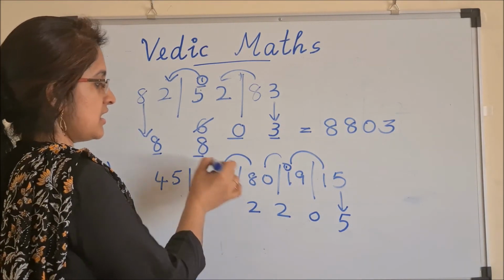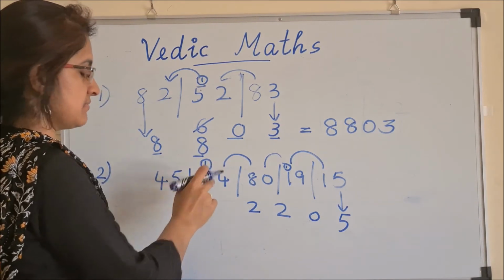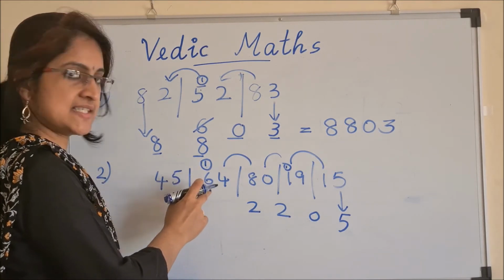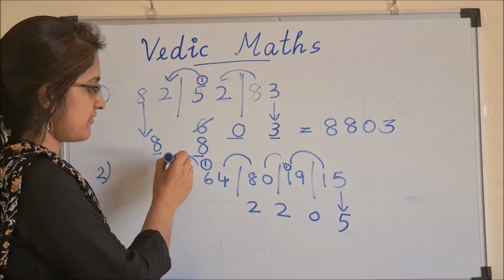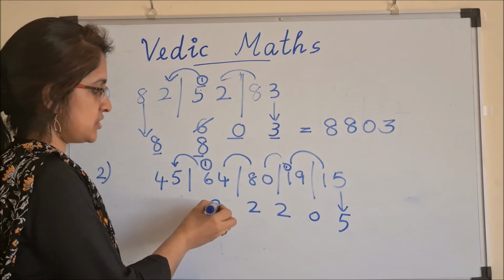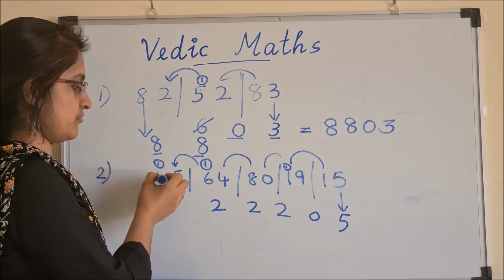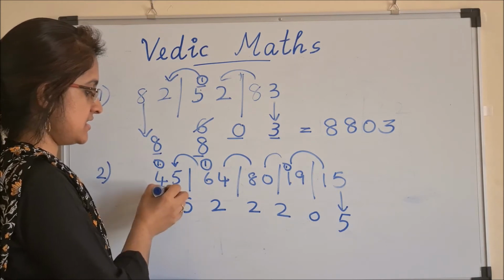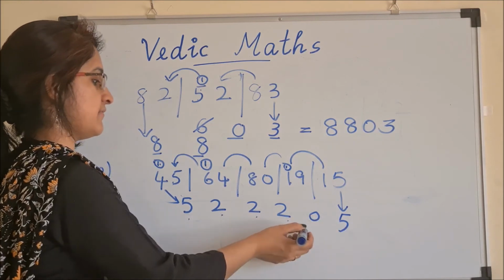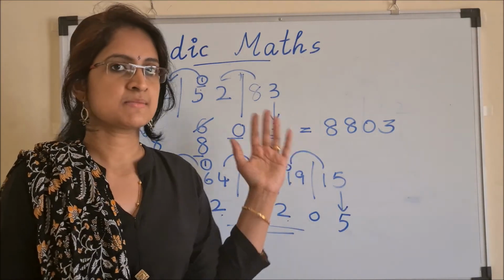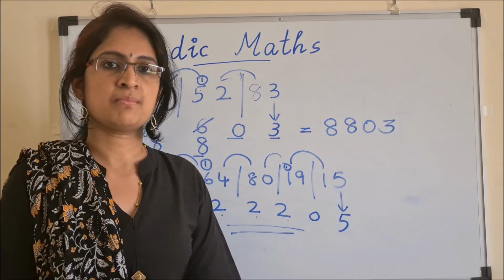So only 2 here and 1 will be carried forward here. 6 plus 1 is 7. This digit is 7. Now 7 plus 5, it is 12. So only 2 here and we will move 1 to this digit. So 4 plus 1, 5 is the end digit. The answer will be 5222205. So by extending this balancing rule to any set of numbers, you can add a list of numbers mentally